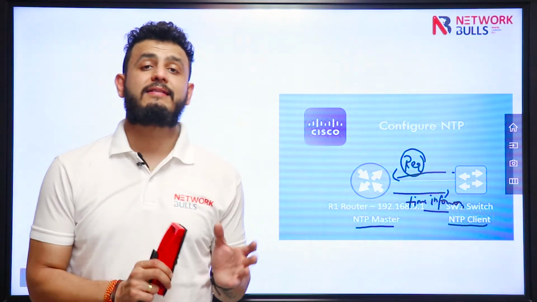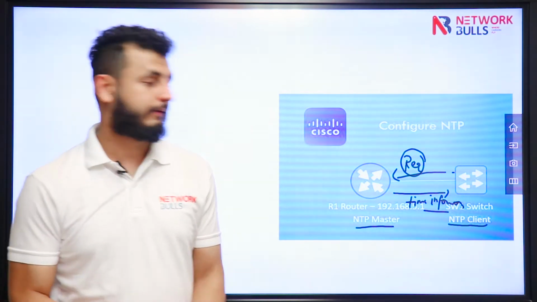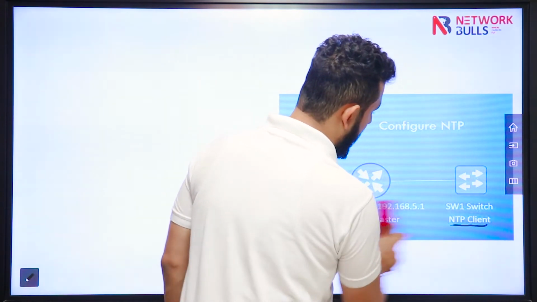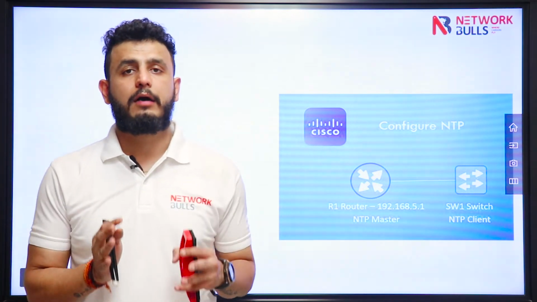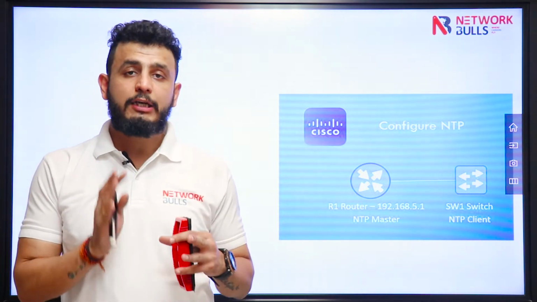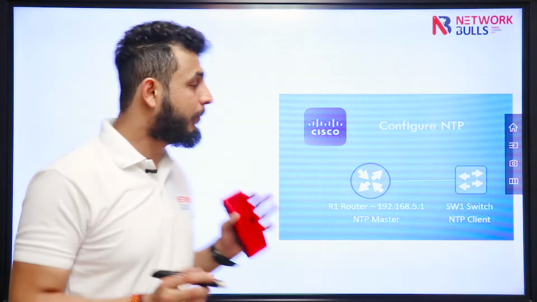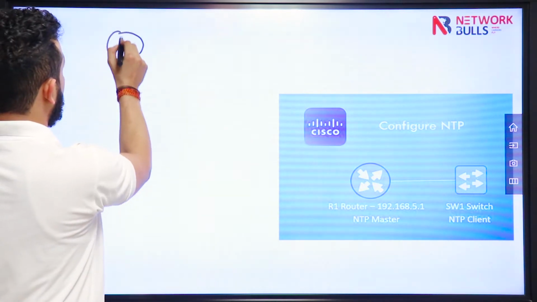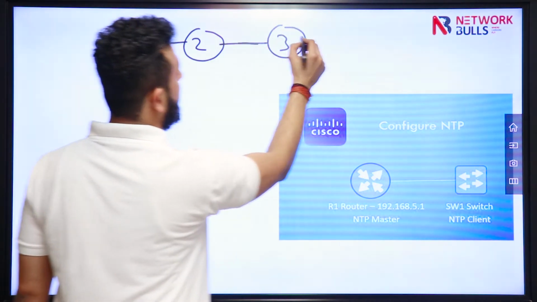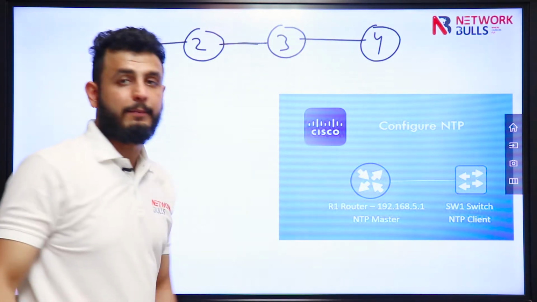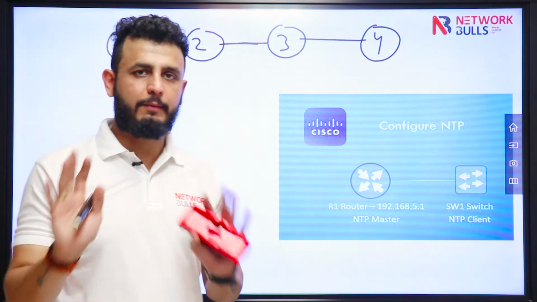So guys, the last concept that we have to discuss under NTP is NTP stratum preference. First of all, what is NTP stratum? Stratum is a value which tells how far we are from the NTP server. In a domain, I'm drawing a chain of devices. In a domain, there can be a maximum of 15 NTP servers. I'm explaining the concept, it will be clear to you.